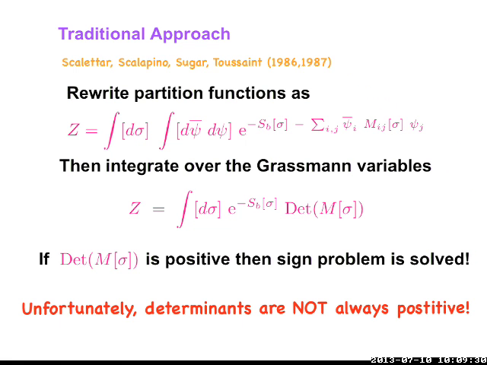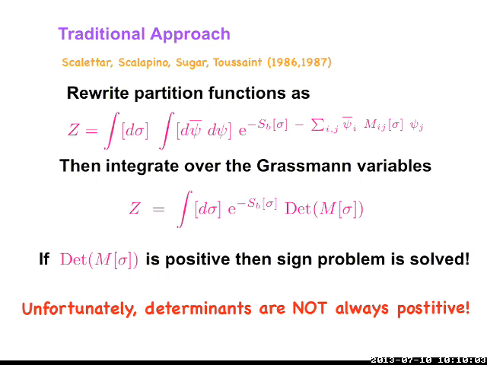So for the moment, I will assume that once this is positive, the sign problem is solved. However, remember that the sign problem can only be solved if this determinant turns out to be positive, and one has to calculate the determinant. And this calculation of the determinant is pretty complicated. If there are singularities of this matrix, for example, if there are 0 modes, this is positive, but there's no guarantee that this determinant is not 0. So if there are 0 modes, one has to calculate the 0 modes accurately, and that can cause a lot of trouble.